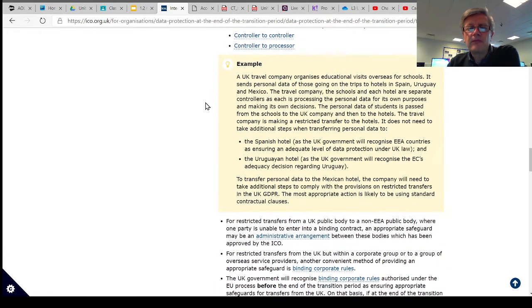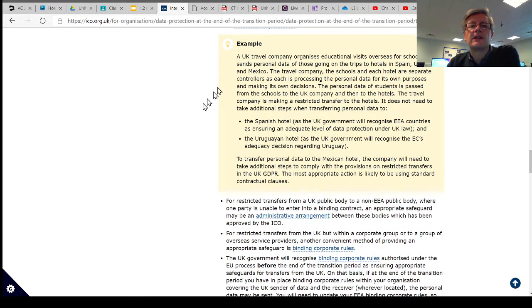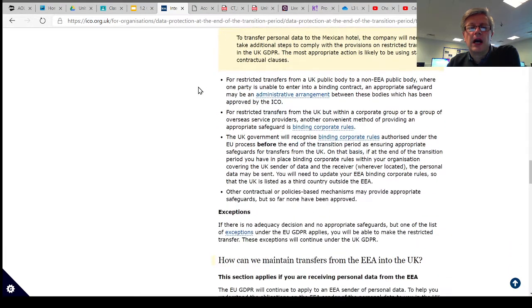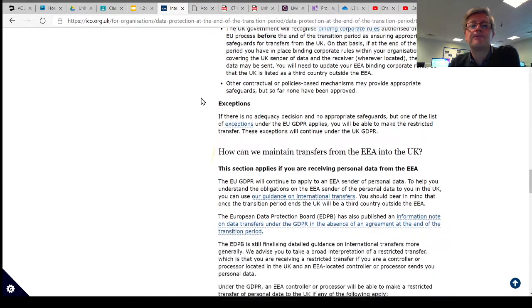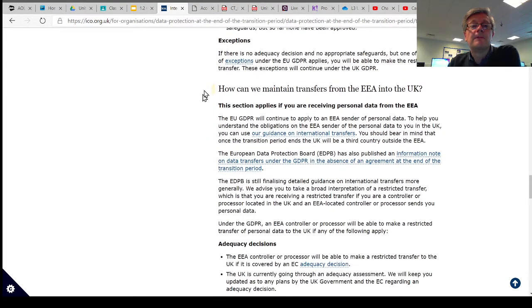So it tells us here that there are various things that we can do. Even if these countries don't have their own regulations, we may still be able to deal with them, but there are just certain things we have to put in place, legally binding contracts and binding corporate rules and so on first, okay? Now, there is an exception. If there's no adequacy decision, in other words, if their laws aren't considered adequate, and there are no appropriate safeguards either, so you can't put a contract in place,